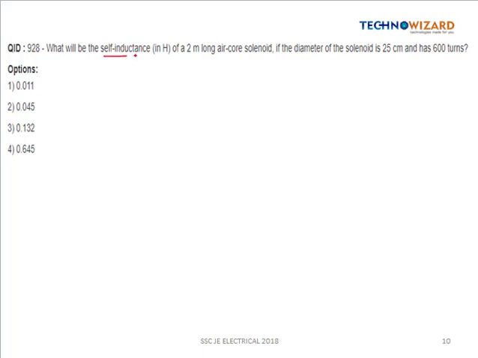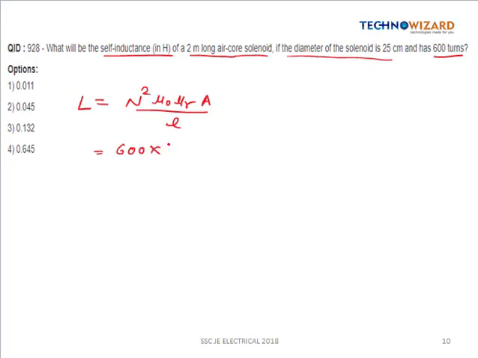what will be the self-inductance in Henry of a 2-meter long air core solenoid if the diameter of the solenoid is 25 centimeter and it has 600 turns? We know that self-inductance of a coil is given by N square mu naught mu r A by L. Everything is given, number of turns is 600, so this will be equal to 600 into 600 into mu naught value 4 pi into 10 to the power minus 7, and mu r in case of air core solenoid is 1, and area,